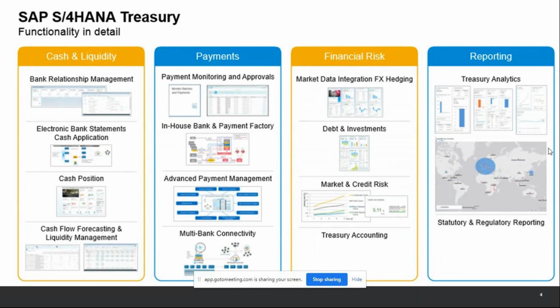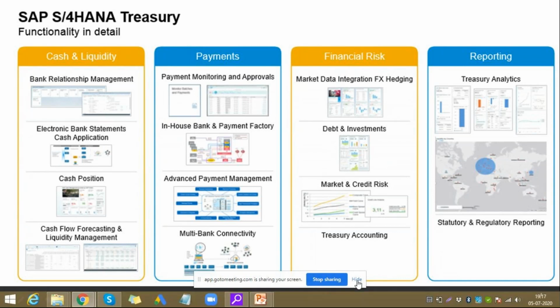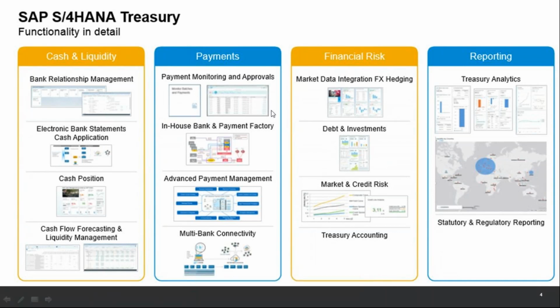As you see here, the treasury is basically divided into the major SAP S4HANA parts, and one of them is cash and liquidity. As I said, we will cover cash and liquidity in detail. How the cash and liquidity does cover bank relationship management. We will talk about a day in the life of a cash manager, what the cash manager does when he logs in the morning, and what he's expected to do, how he's supposed to check the forecast, how he's supposed to make the investments based on the cash visibility, which is derived from the real-time integration of cash management with accounts payables, receivables, treasury, and many other SAP modules.